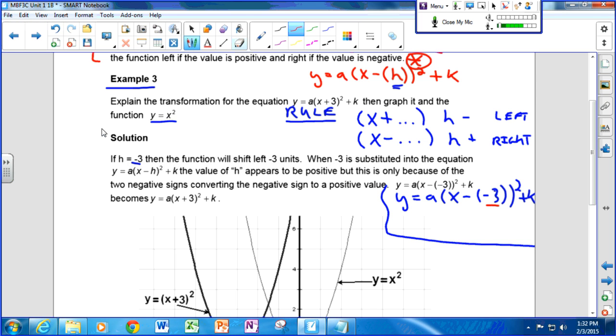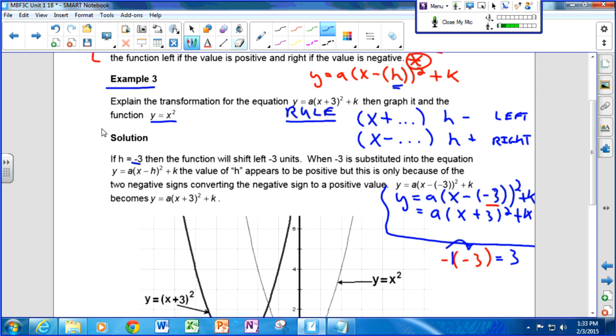Now, what we were talking about yesterday is this situation where we have a negative sign sitting in front of a bracket. Okay, and we talked about how it implies a 1, just as we were doing just before. That it means that it's a negative 1 in front of that bracket. And we talked about the rule that says that when you multiply two signed numbers together, if the signs are the same, then the answer is positive. So negative 1 times negative 3 is actually equal to plus 3. Okay. Which means if we go back to our equation and we write it out again working through that multiplication, we end up with x plus 3 squared plus k.